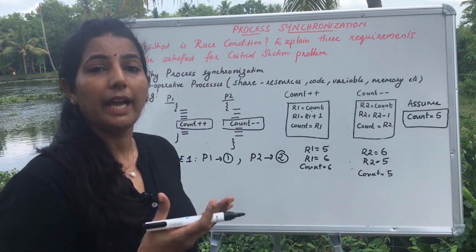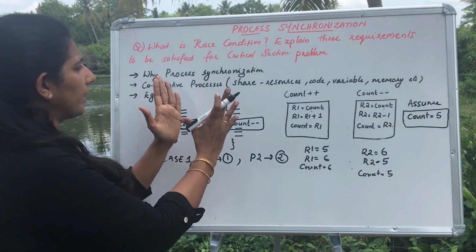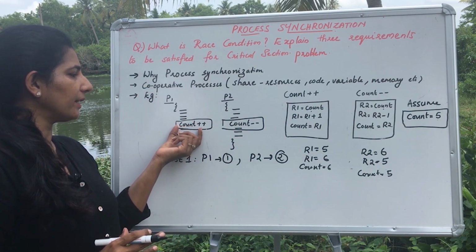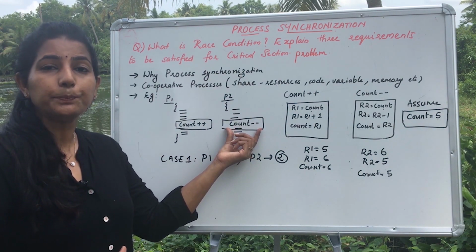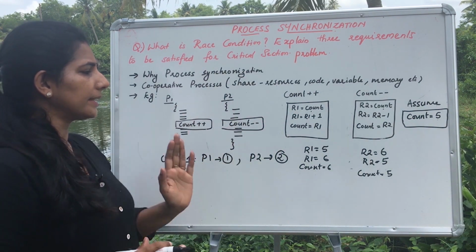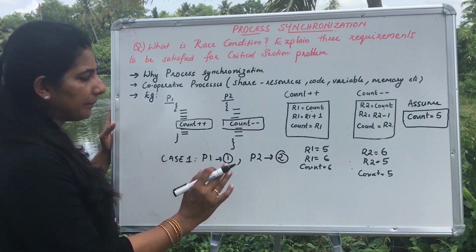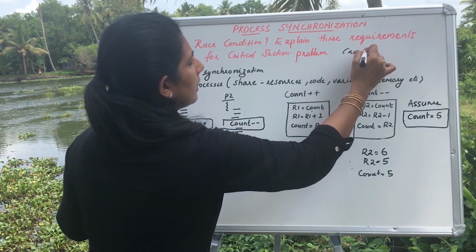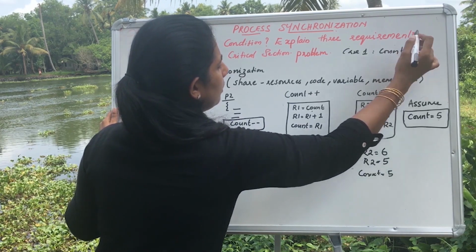Initially it was 5 and it has come back to the value 5, and it has to happen if process P1 and process P2 are happening one after the other, because initially 5 got incremented to 6 and then it got decremented to 5. So this is nothing but when the processes are executing one after the other. Let me take the case 2. So remember the case 1, the output of the count variable was 5.